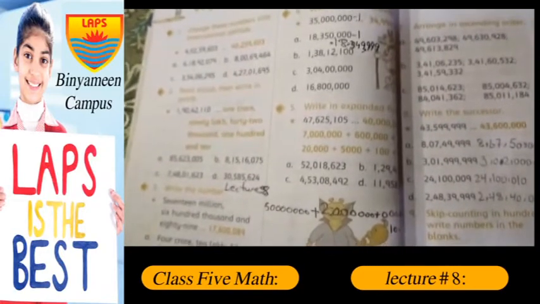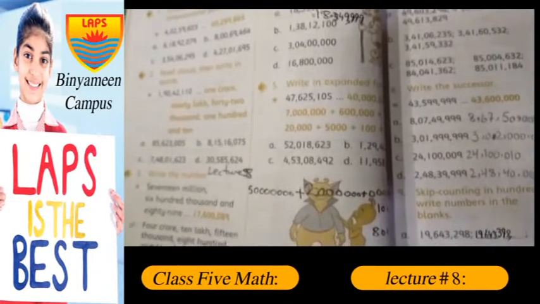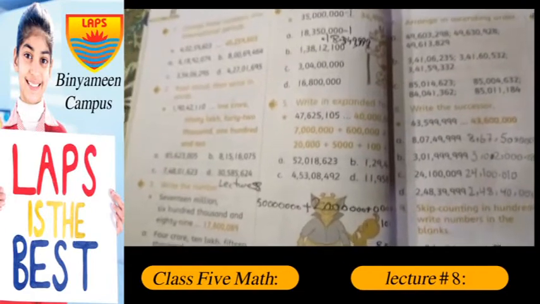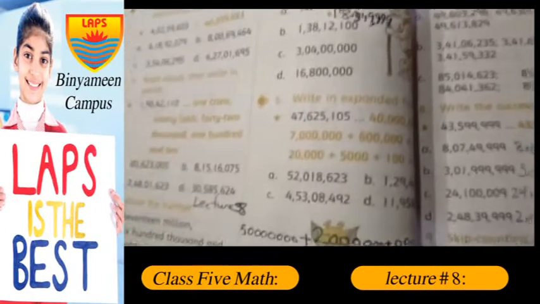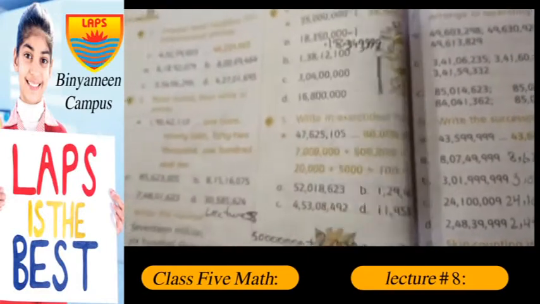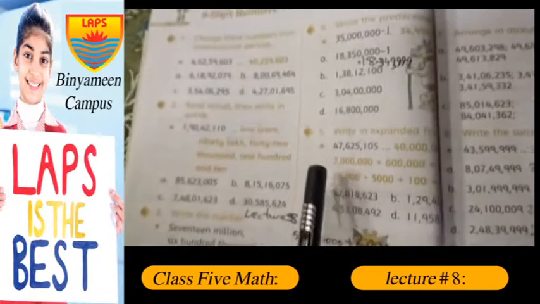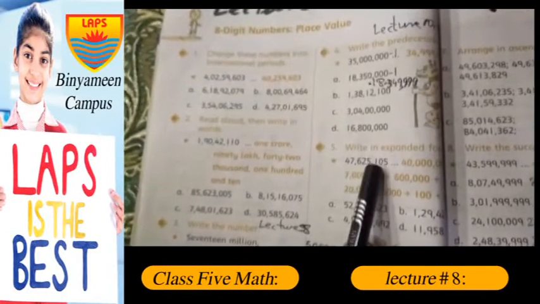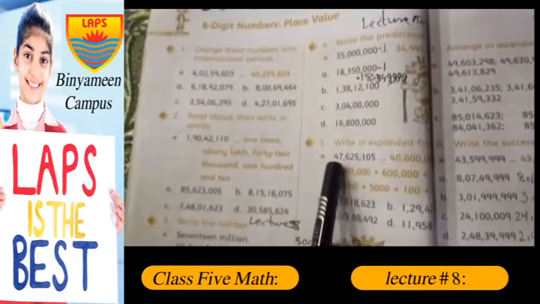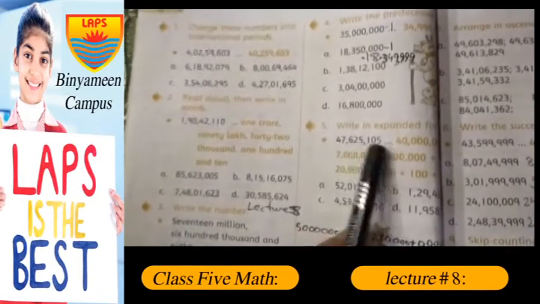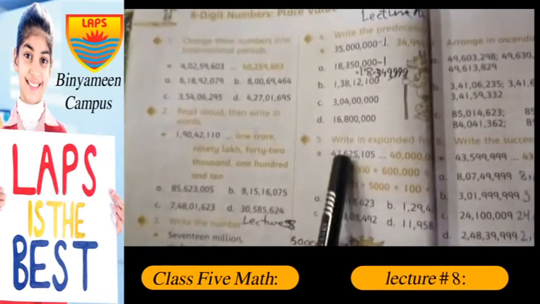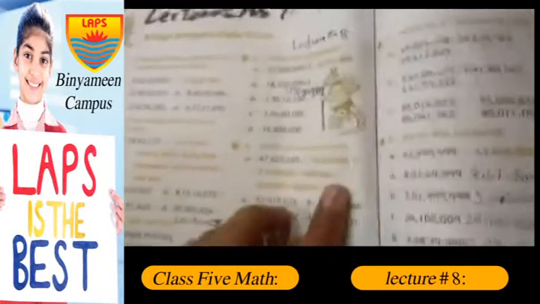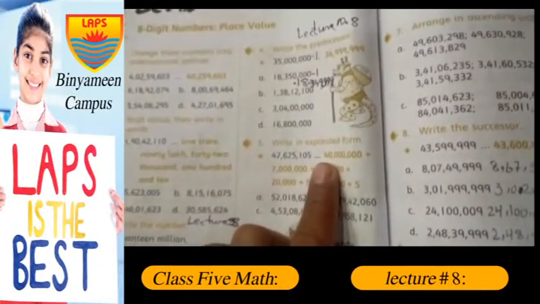Question number 5. Write an expanded form. If the real value is like 4, 7, 6, 2, 5 and 105, you can write 4, then count the other values. If you write the 4, then count other values: 1, 2, 3, 4, 5, 6, 7. After 4, 7 values you write there now. 1, 2, 3, 4, 5, 6, 7. 70. Look here. After 4 you write there now